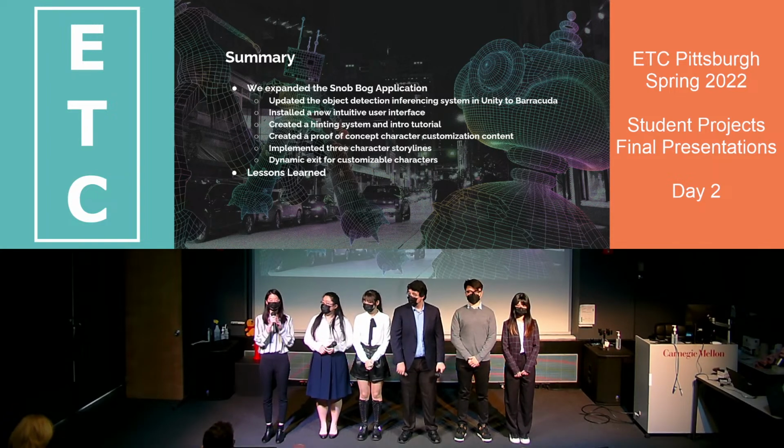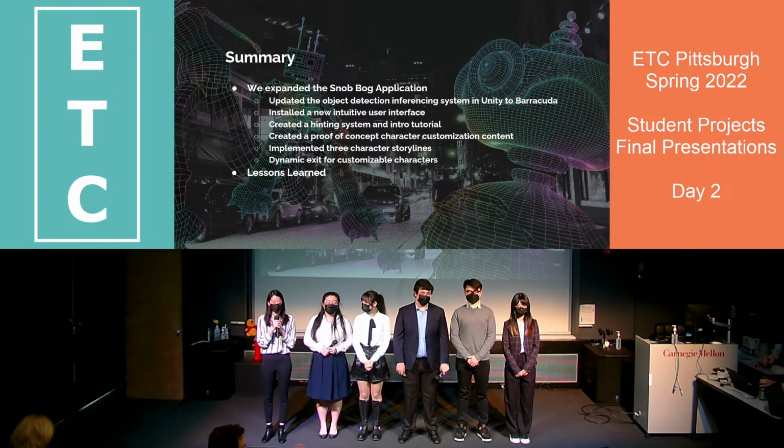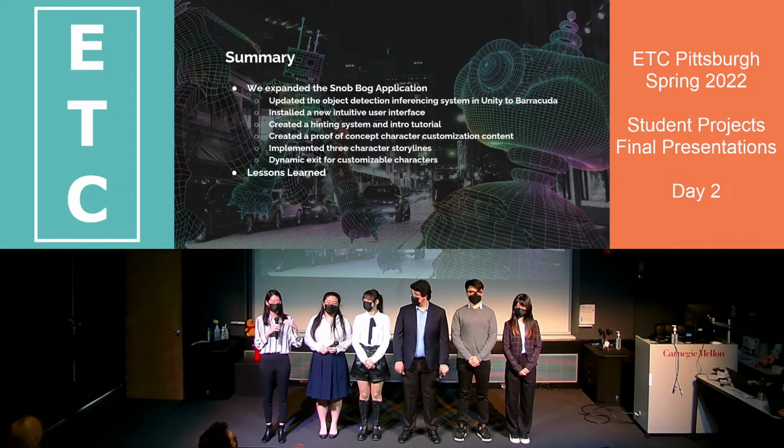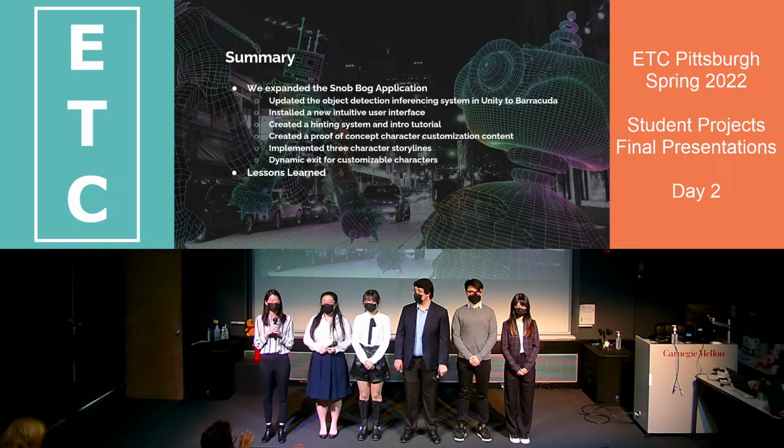Okay, so the question is to elaborate more about the machine learning process. So the backbone of this application is we do object detection on the street objects, for example, the fire hydrant and stop signs and stuff. And then when the object is detected, also when the AR gets enough environmental points to construct the virtual environment, then the system will put the animation into this virtual world, and you can see it in the AR. Yeah, and so the floor detection is one thing, and object detection is another, and they are all important components in our system. Yeah, thank you.